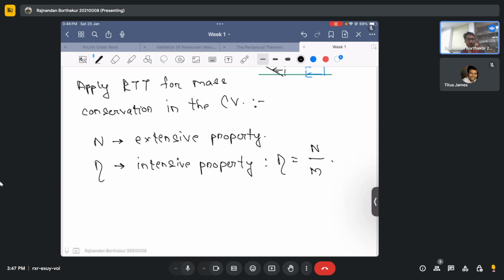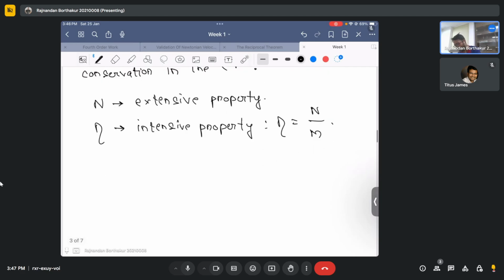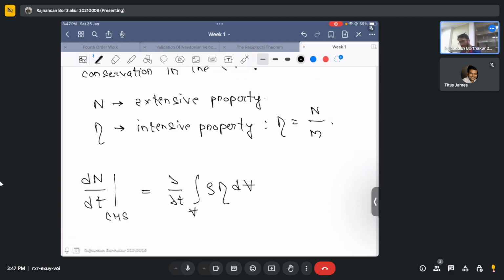Okay. So for these two properties, if I apply the Reynolds transport theorem, then in general it becomes dN/dt, which is the rate of change of the extensive property, but this is calculated in something known as a control mass system. And this is equal to the rate at which the property changes inside the control volume, denoted by del/del t of the integral over the volume of rho, which is the density, times eta times dV,